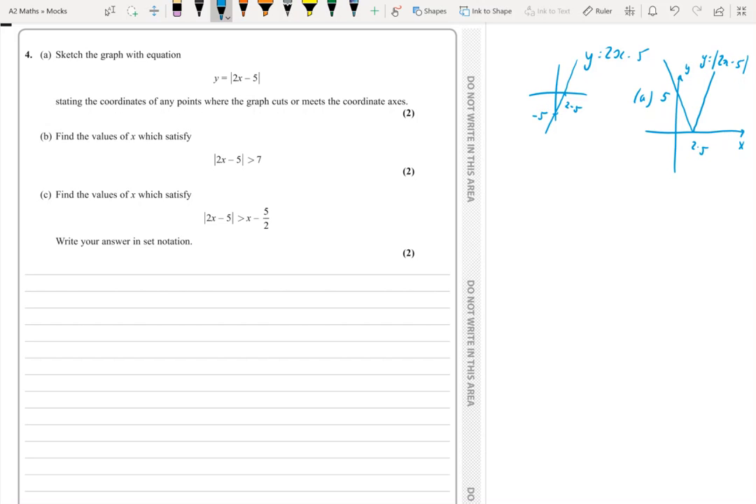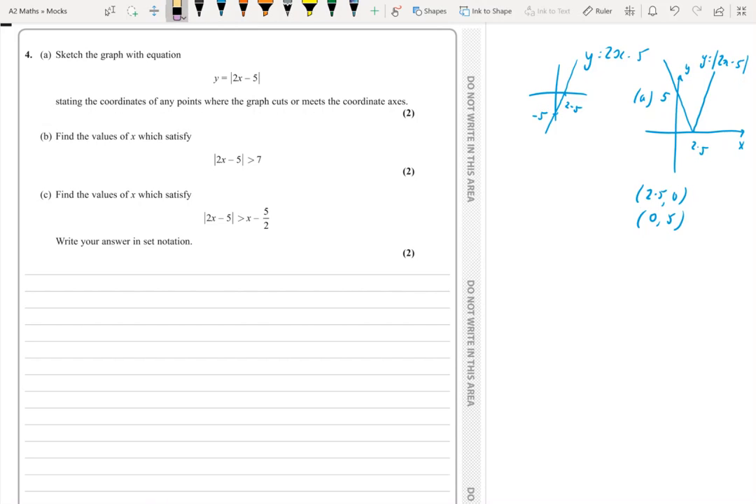It does say state the coordinates of any points where it cuts or meets the axes. So let's just write those professionally. We've got (2.5, 0), and we've got (0, 5). Good, part A done. Part B, find the set of values for which, well, the graph we've just drawn is